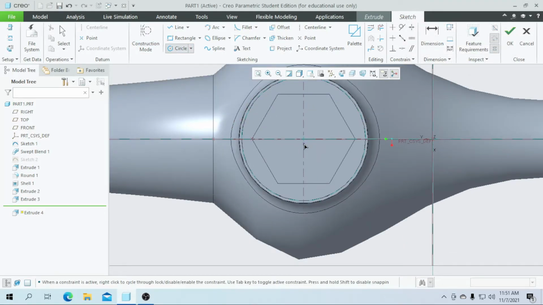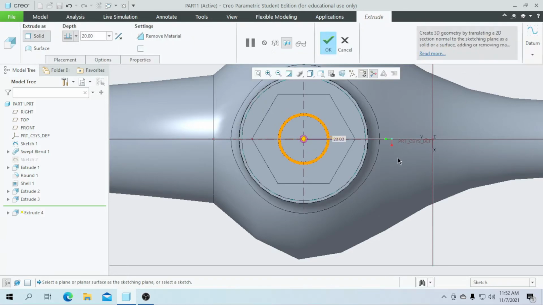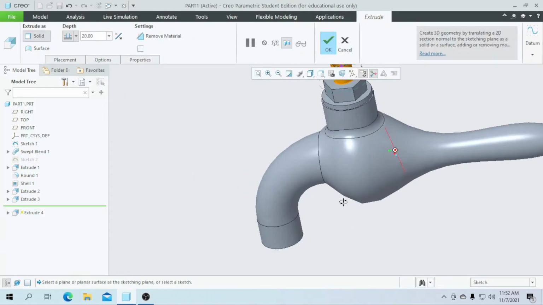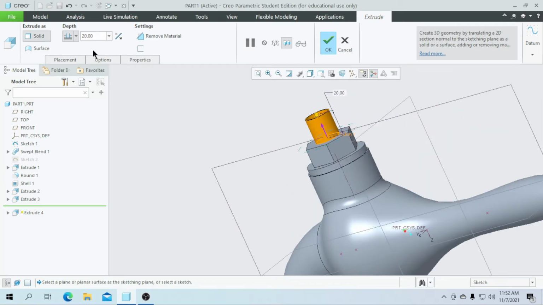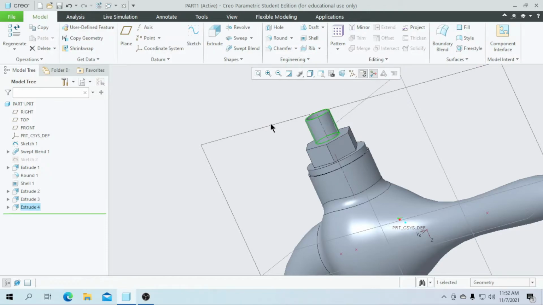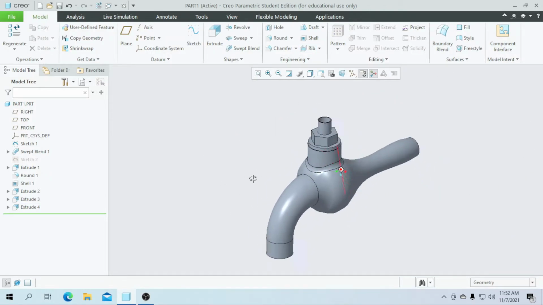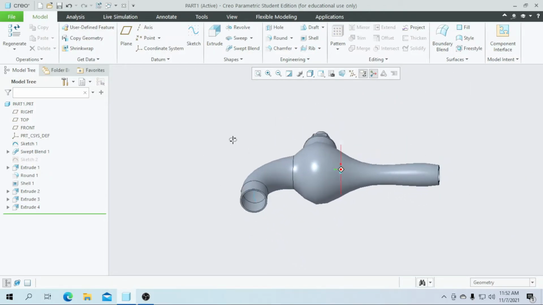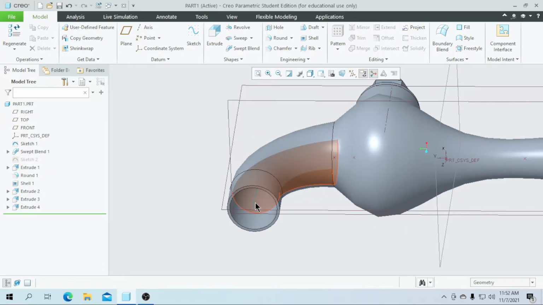Now I am going to draw two concentric circles, and I am going to enter the diameter as the inner dia with a value of 18 and the outer dia is a value of 20. So click on OK, and I need this extrusion to be a value of 20 as it is already there, and click on OK. So now our first part has been successfully created. As you can see here, you can hide this also.